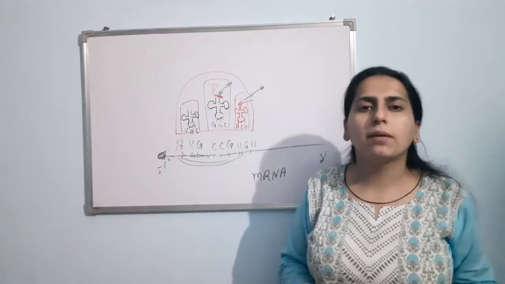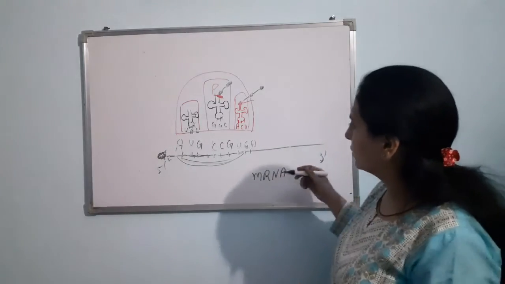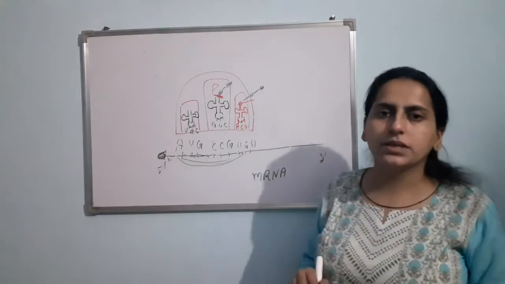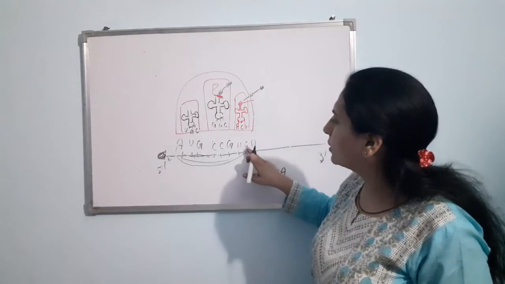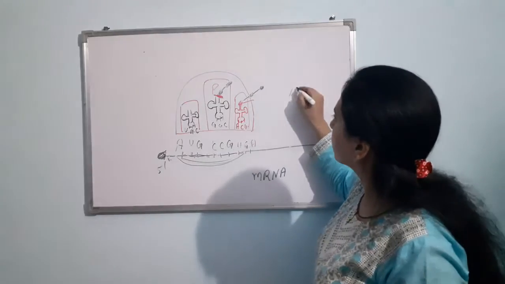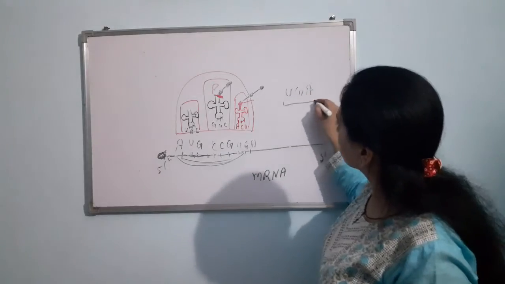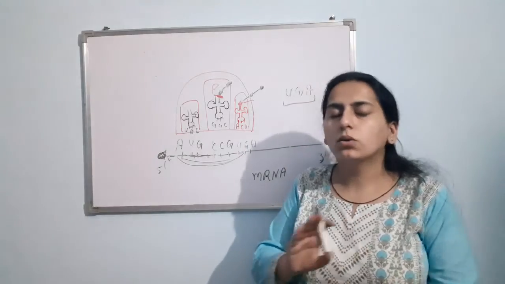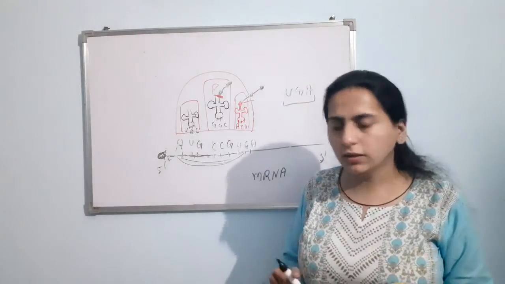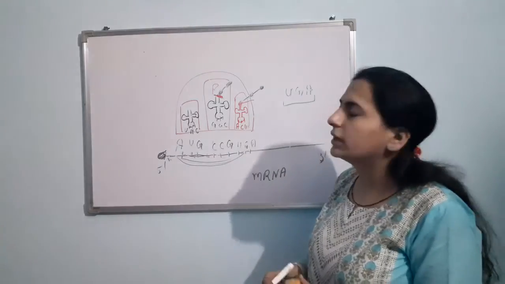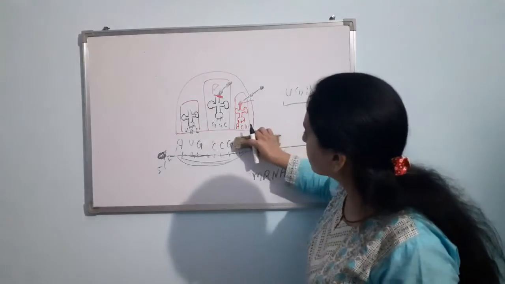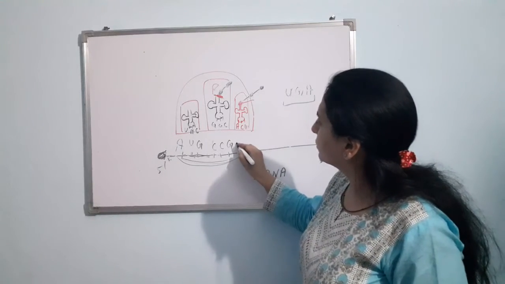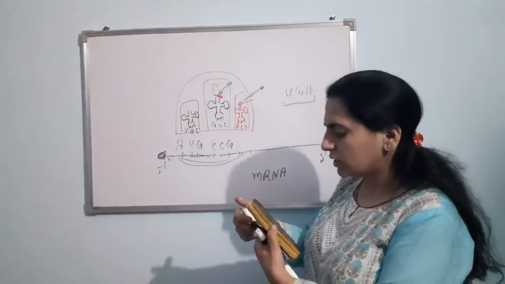And at last what will happen? Okay, I have made one mistake. Here I have taken a stop codon. UGA is a stop codon. It cannot be read by the tRNA. There is no tRNA for UGA. Is it fine? So let me replace the UGA with any other codon. Otherwise this is wrong. Let me make it AGC.